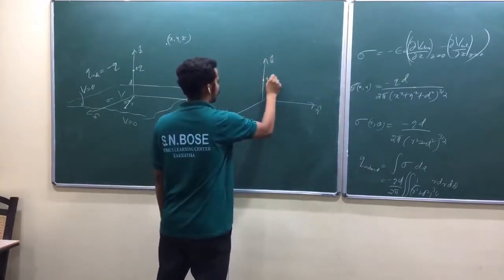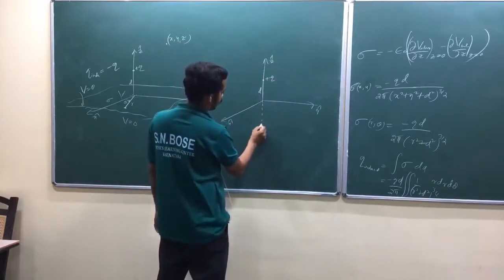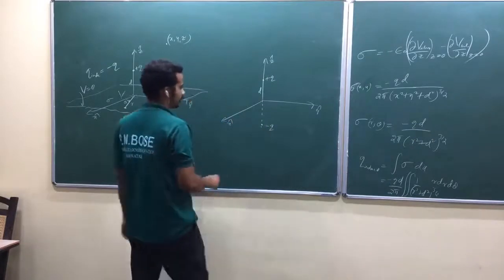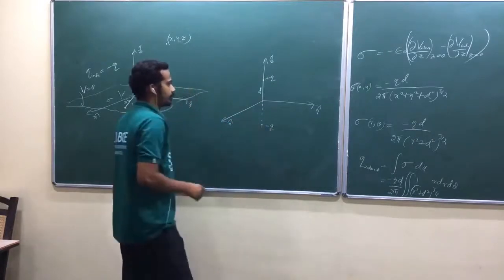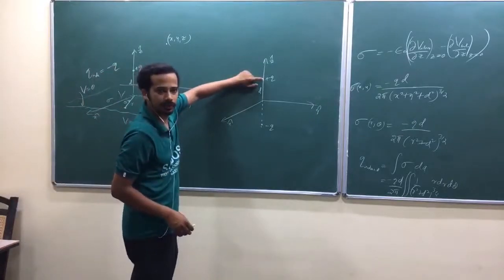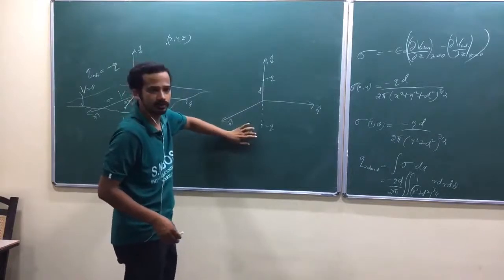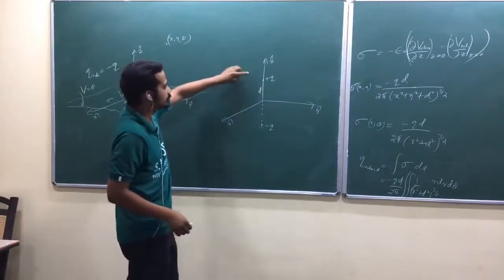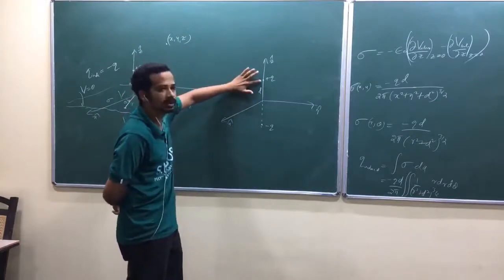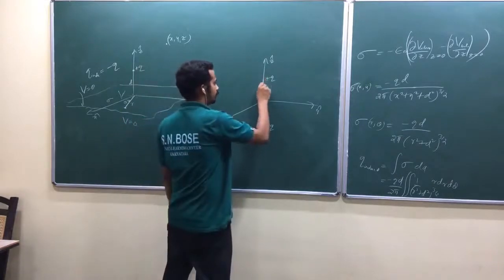So a plus q here at a distance d, minus q here. Am I right? So at a distance minus d here. Now you can find the force on this charge. Actually, this is our real charge. We call this one the image charge. This is not a real one. This is our real charge. This is your image charge. Now we need to find the force on this real charge actually. What is the force on this one? Obviously it will be in this direction.